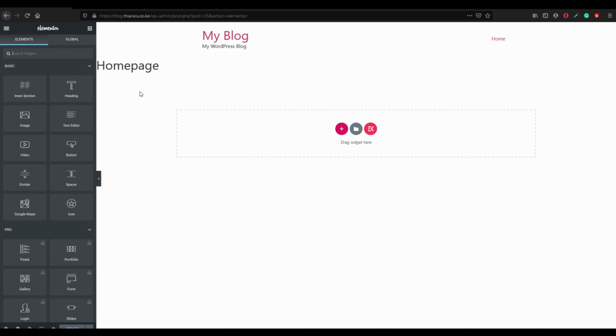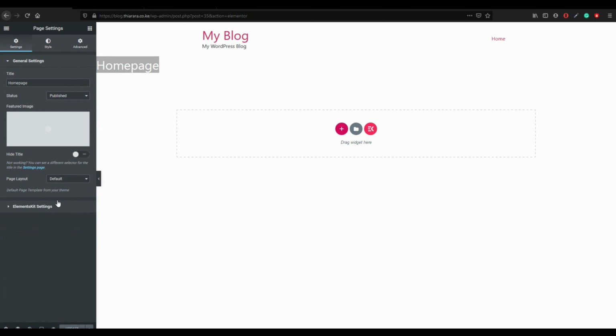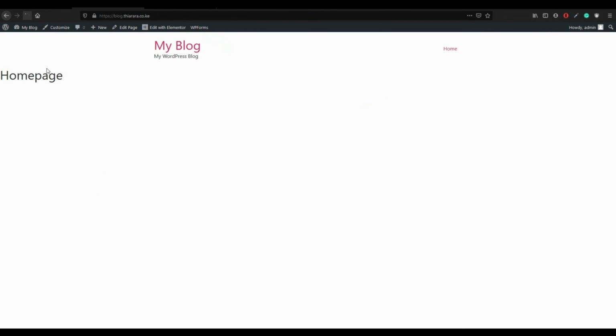The first thing you need to remove is this name. So go down here and select settings, hide title. You have already hidden that one, and update. You can see when you update and load this page, you see the effect immediately. It happened immediately. You can see it just disappears. So we are going to keep updating